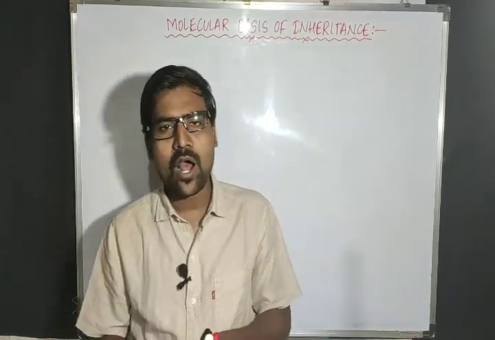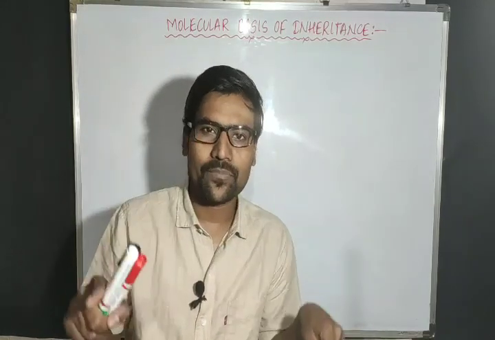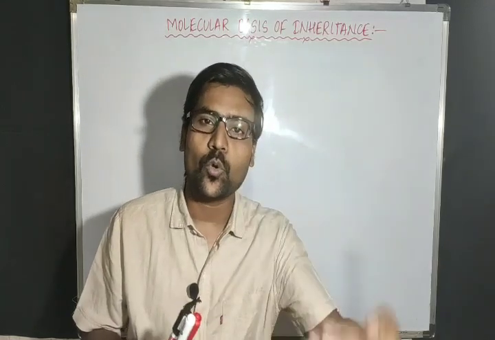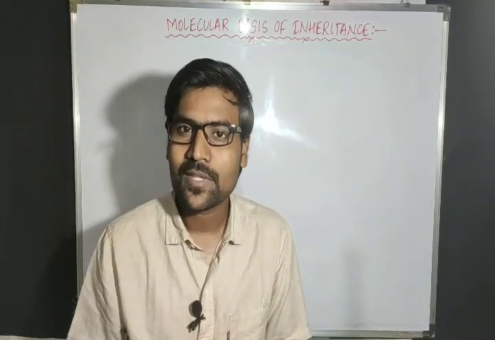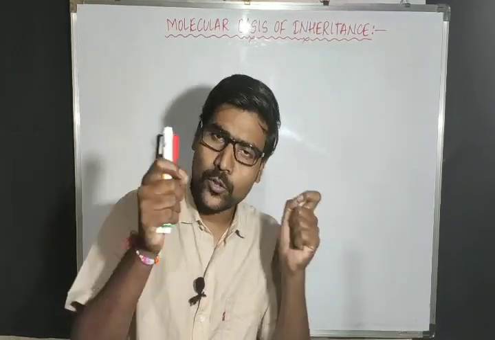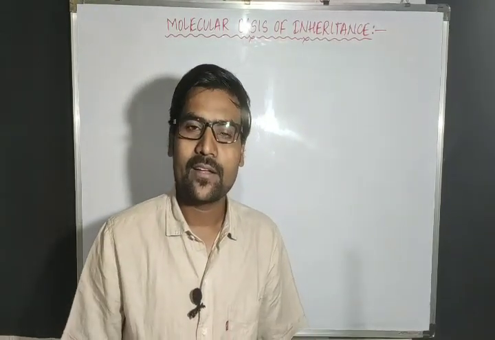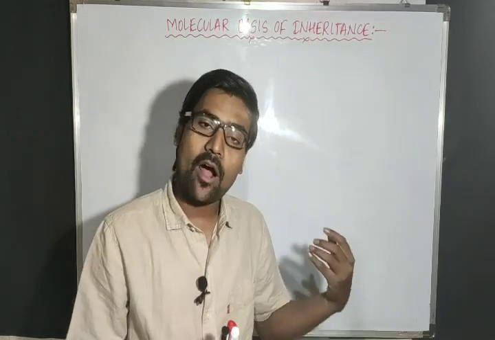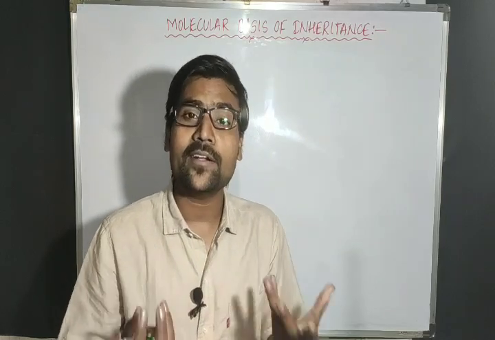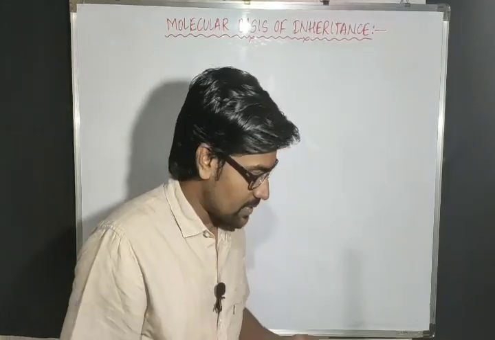In our lab also, after doing all the experiments, at last we give the tabular column, right? That tabular column indicates the major features of the total experiment we have done in the lab, 2 hours or 3 hours, whatever the experiment. So the total experiment is condensed in that tabular column. Here, after the Human Genome Project, regarding our DNA, what are the interesting things they observed? Let us consider that.